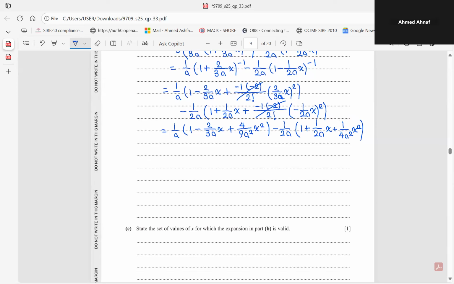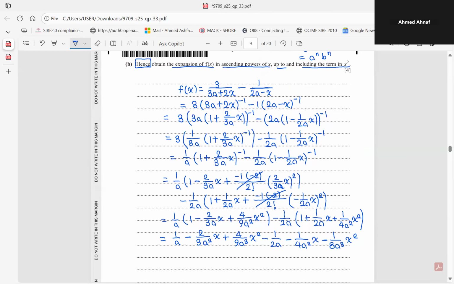All right, now we get 1 over a minus 2 over 3a squared x plus 4 over 9a cubed x squared minus 1 over 2a